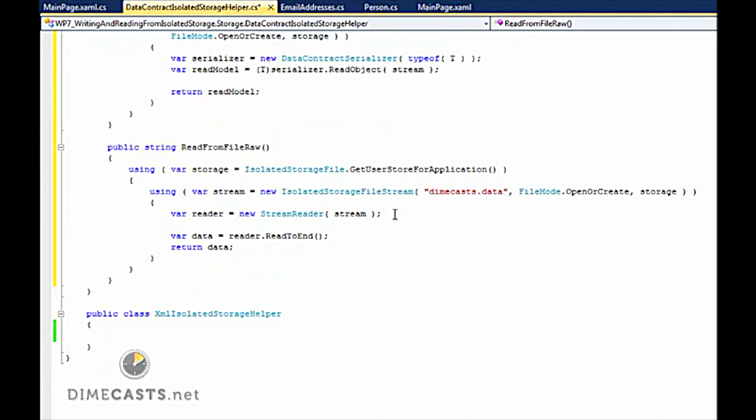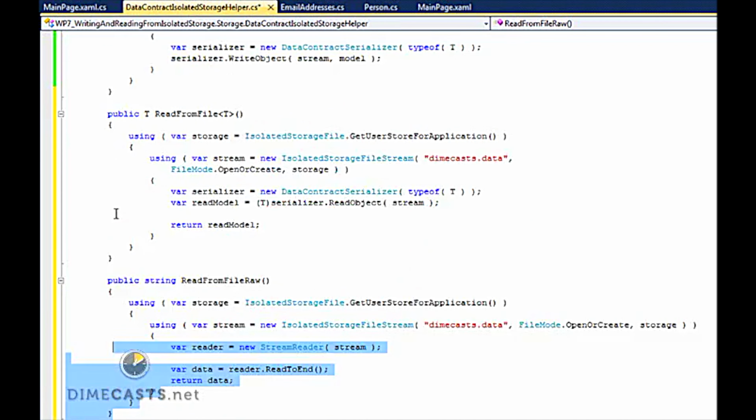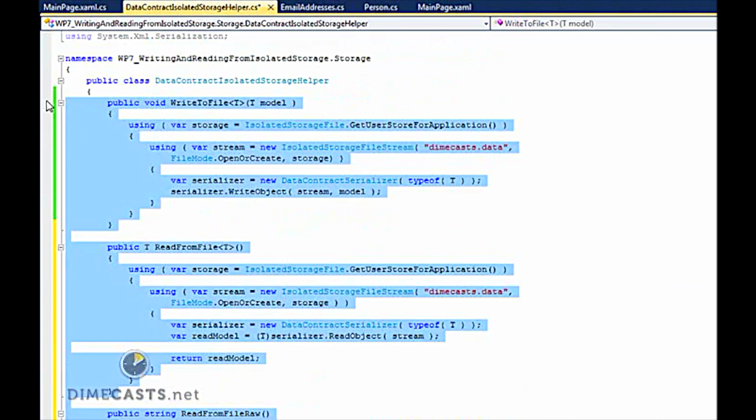Basically what I'm doing here is I'm just grabbing the stream reader, and I'm going to read the stream to the end, return that as a string file. The reason I want to do this is so we can compare the results between a data contract and an XML. Now that we have those three, I'm going to go and actually copy and paste all three of these